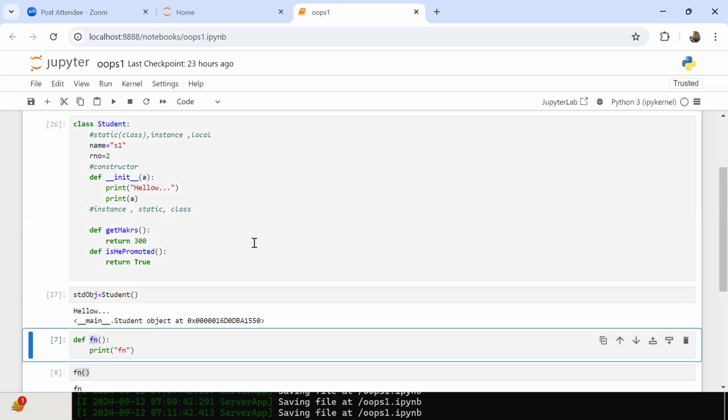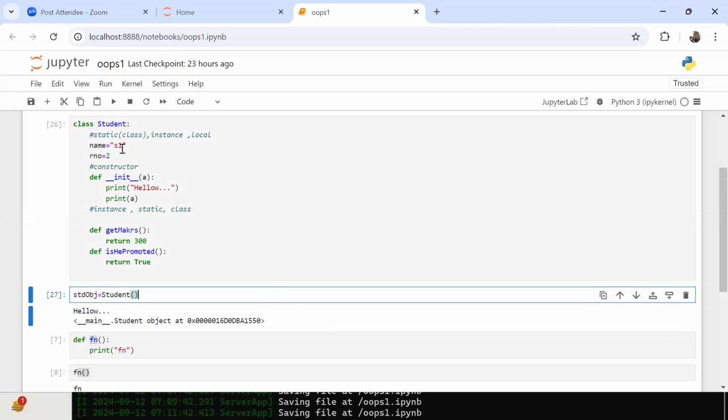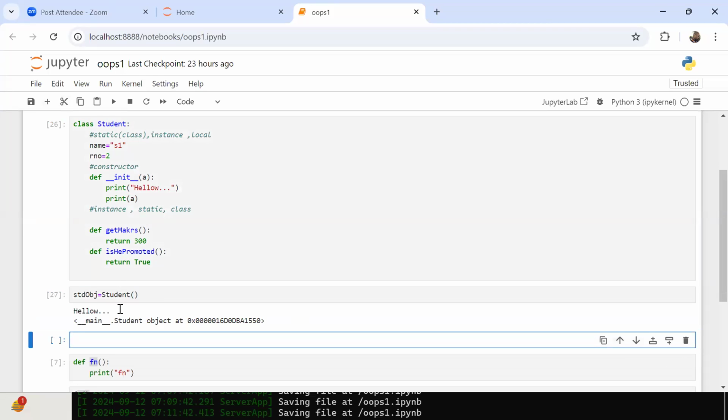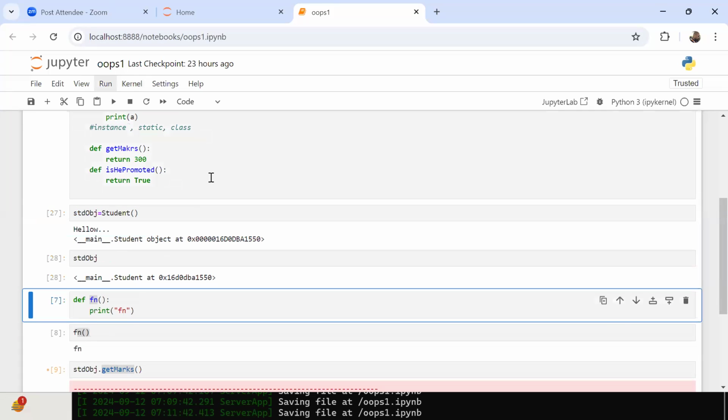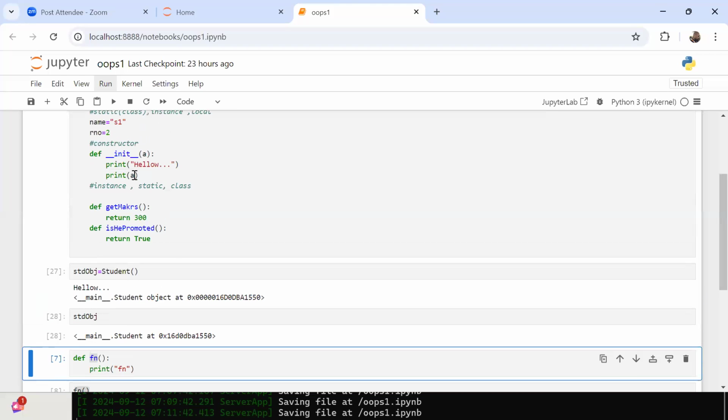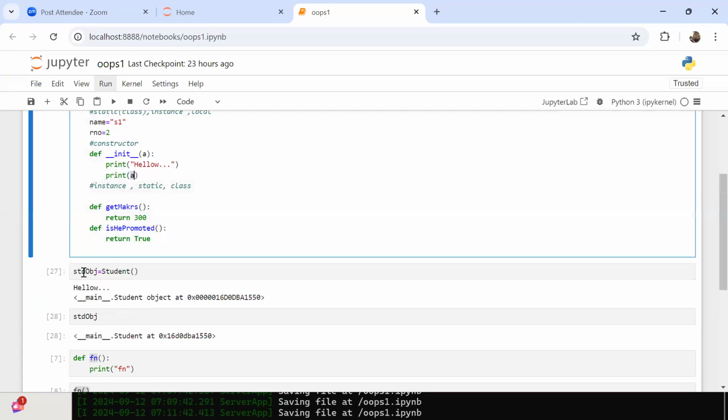What is that? See the difference. This is my A value.